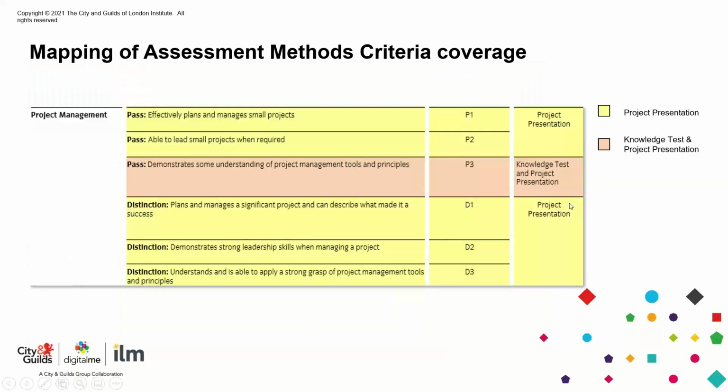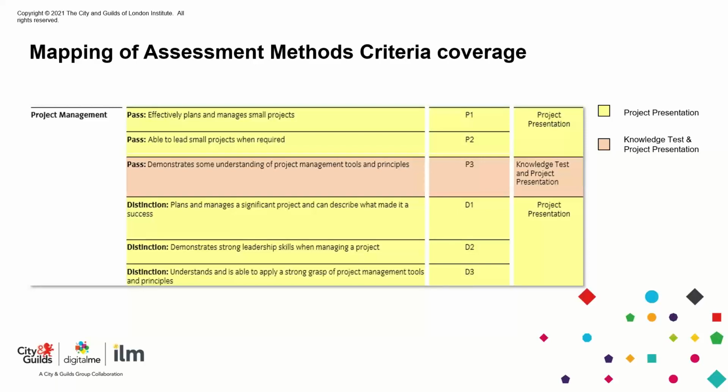Okay, if we can have a look at the next slide. Here we have the yellow and the pink or the peachy color. So this is project management, for instance. You can see that this is a module which is assessed in 2 different ways. We got, for instance, the first 2 passes, pass 1 and pass 2, which will be assessed as part of the project presentation. Then the third pass, pass 3, will be assessed within the knowledge test as well as the